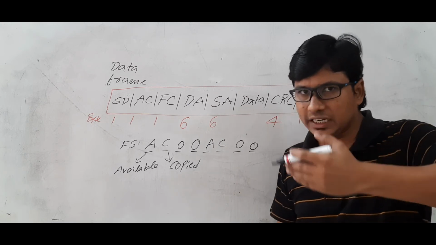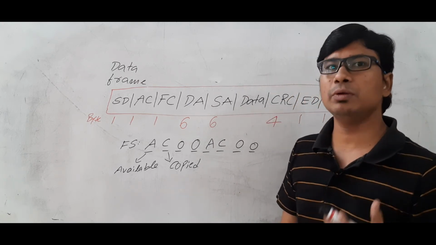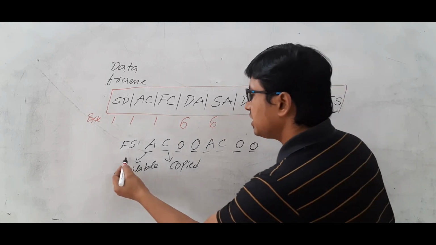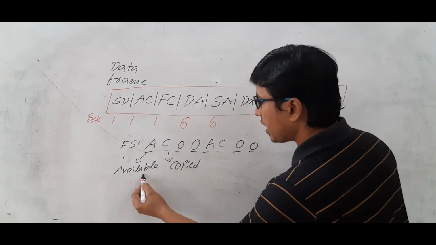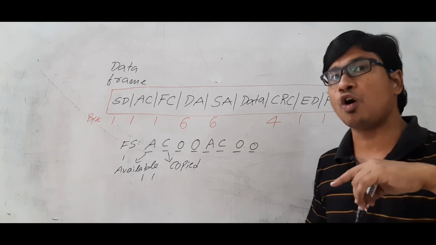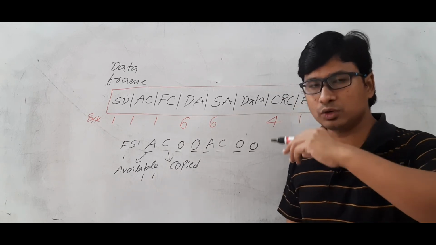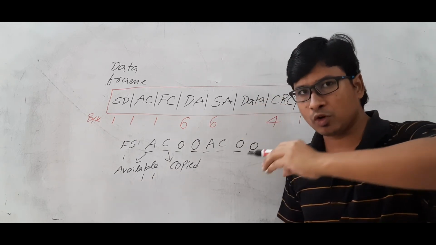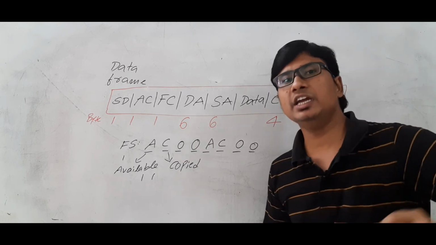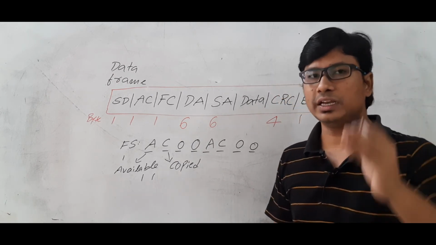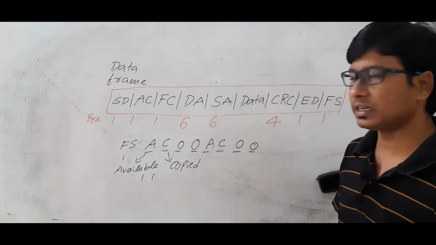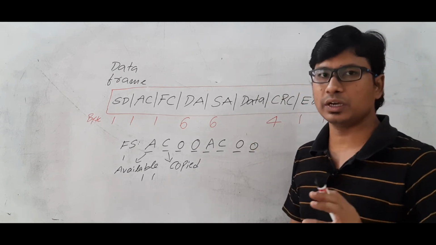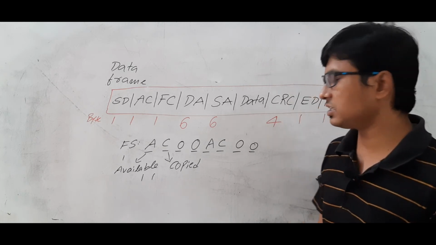Because when you are sending the token, the destination may be down at that time. So if it is 1, I can say that the destination is available. If it is 1, I can say that the destination has copied your information, because in the token ring, the data will be copied in the destination. Again it will come to the source. Then again the source will drop that packet and it will give the token. Are you able to understand? When I am discussing the token working process, I will discuss it in detail.